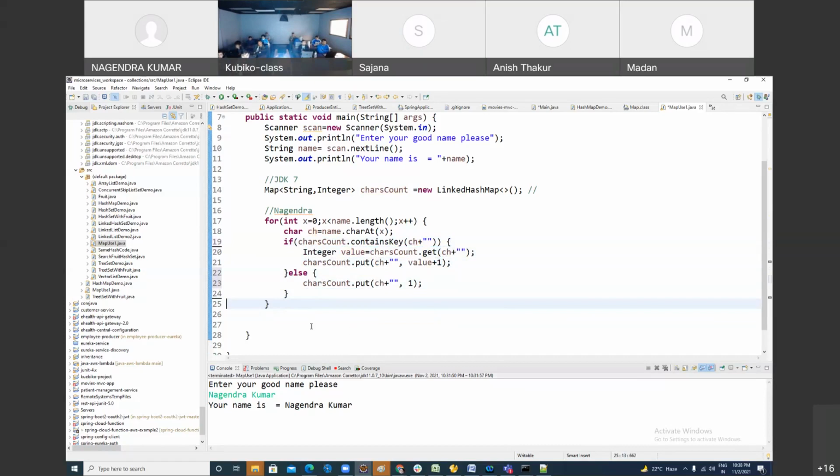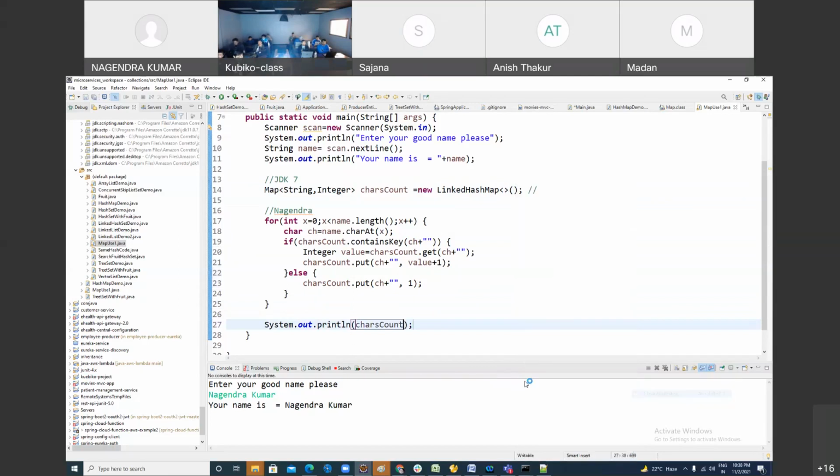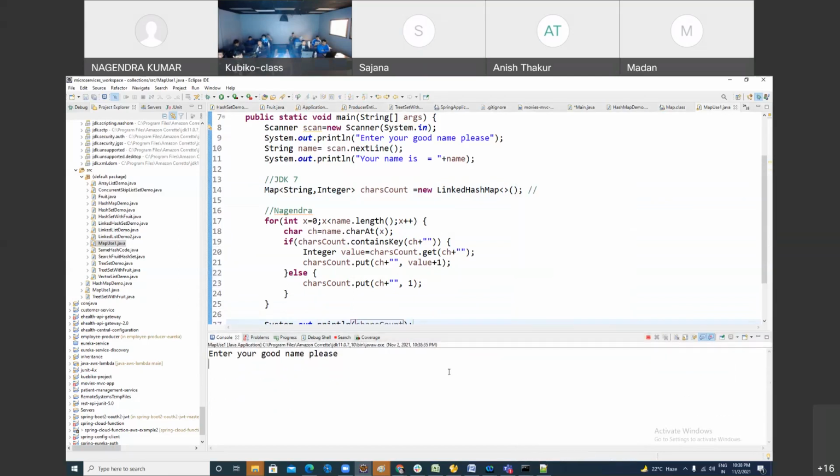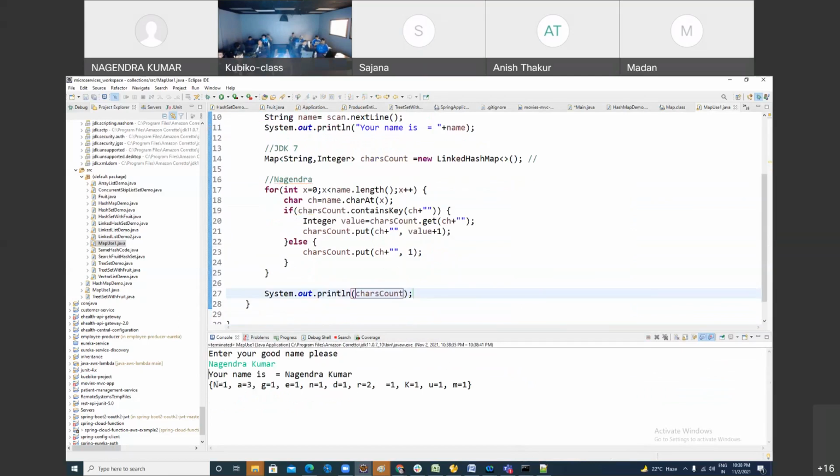I got it. Now you can directly print the map. You can simply print it, okay? Or you can use a loop also to see individual values, but it will show you everything in one shot. See? What do you see? Here, N and this both are treated as different N. It's okay, right? Small letter, capital letter. If small letter, capital letter is not important for you,